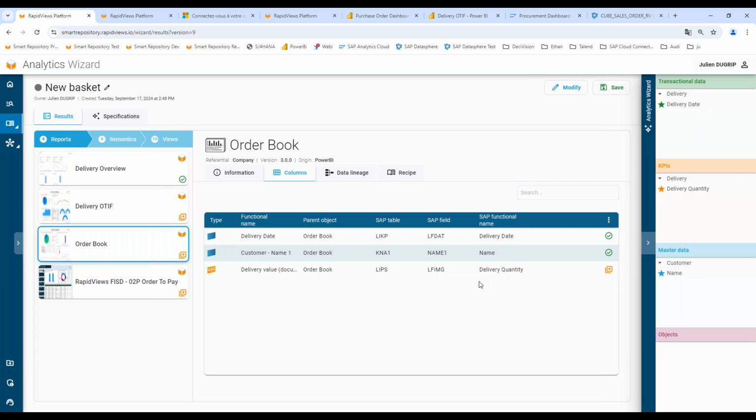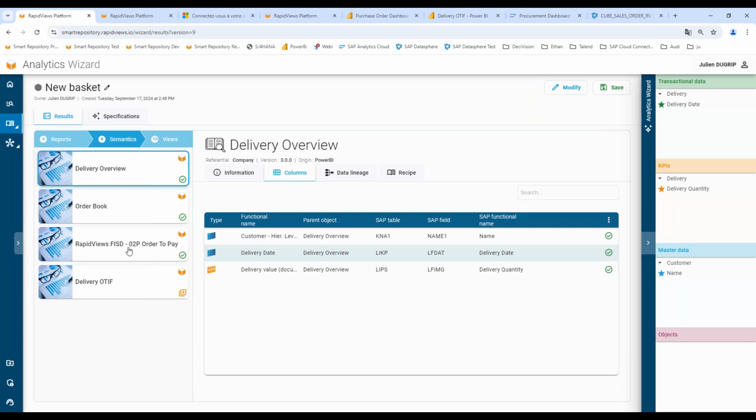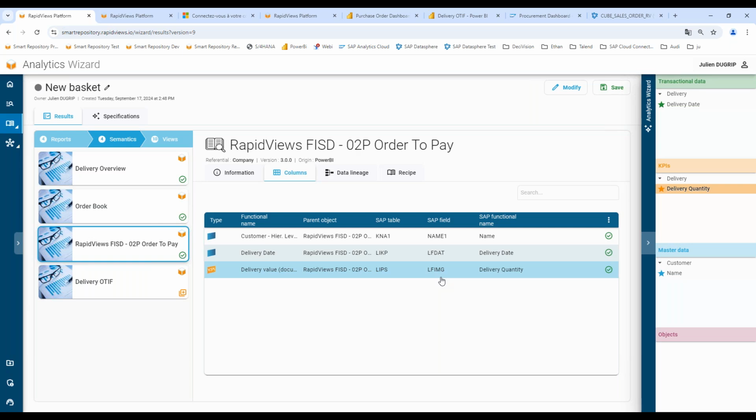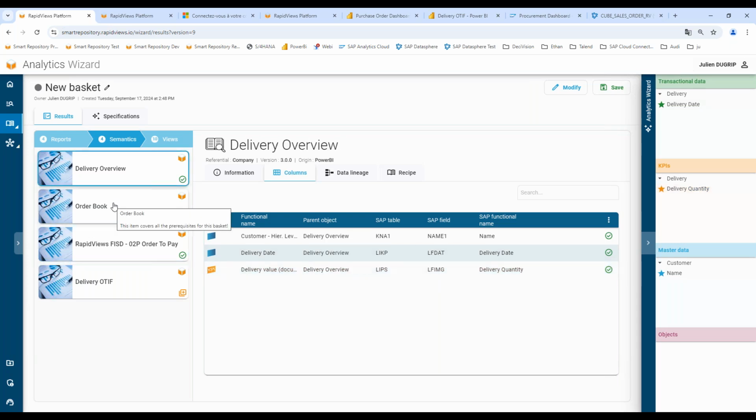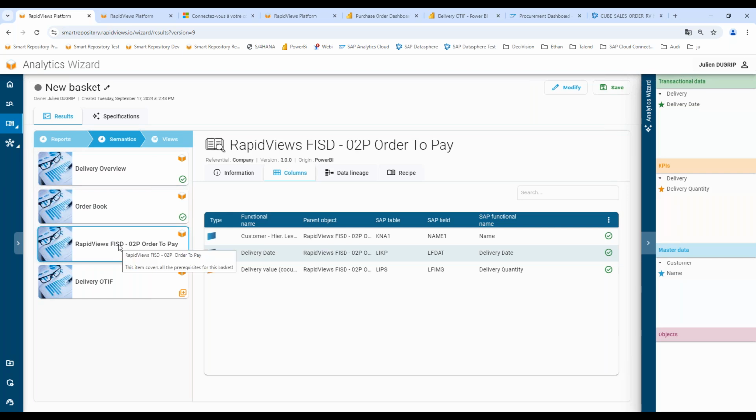And I need to develop, or you build a new one, you're going to need to open a report, maybe to modify it. Exactly. Maybe you do not want to, you want to start from a semantic layer. So if you click on semantic layer, you start from a semantic layer and start a new report. So we see three semantic layers that are green, meaning they contain all these three fields. Exactly. So it depends on which one you're going to use, because delivery overview, order book, or something else, order to pay, could be three different semantic layers with different meanings. So you select the one you want to use, correct?